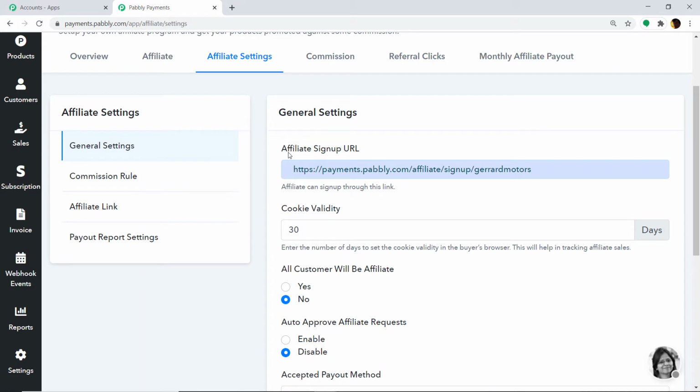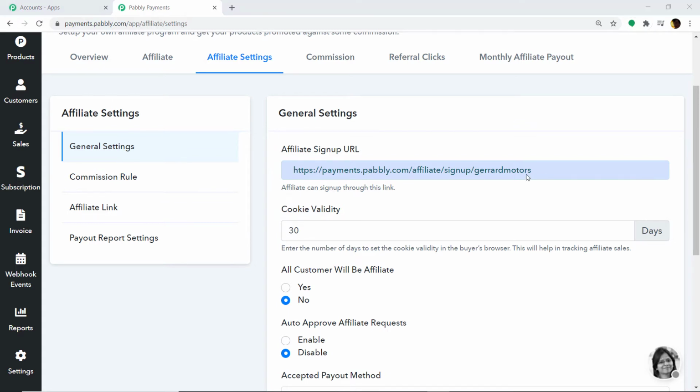Okay, so as you can see in the general settings, there is our affiliate sign up URL. So basically this is our affiliate sign up URL. So your obvious question is, what is an affiliate sign up URL? The affiliate sign up URL basically means this will open up the sign up page where the customer or the visitor can join the affiliate program. This URL you can actually embed on the landing page of your website, or you can even post it on Twitter or Facebook, or you can actually send it by email, WhatsApp or Snapchat.